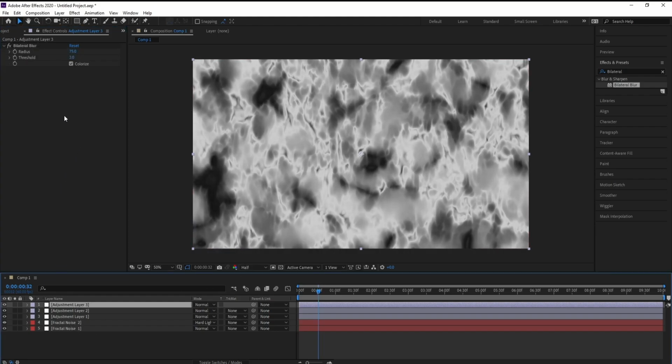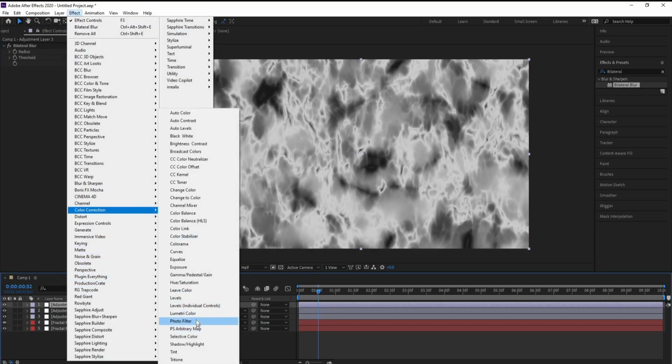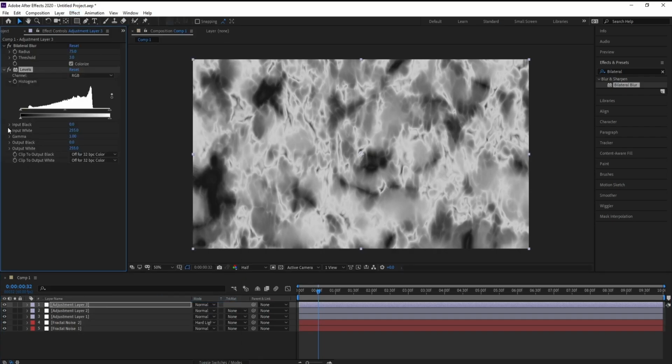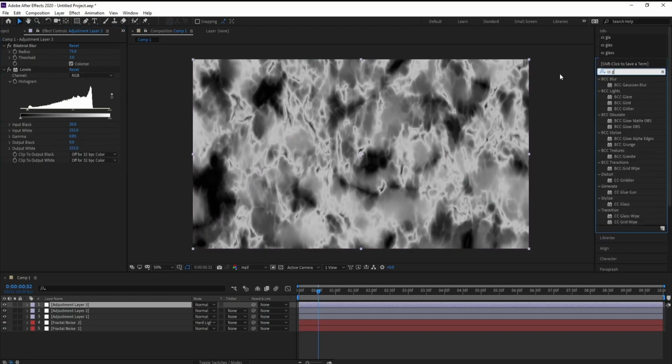Okay, and I'll go to effect, color correction, and I'll add levels and input black. I'll change it to 20 and gamma here I'll decrease it a little bit, something like this. Then I'll go to Effects and Presets and CC Glass,